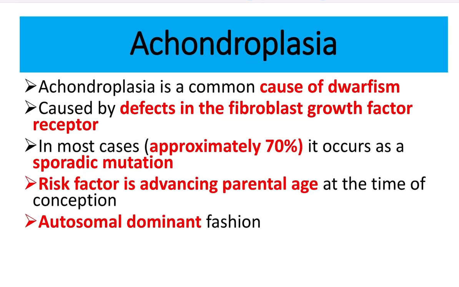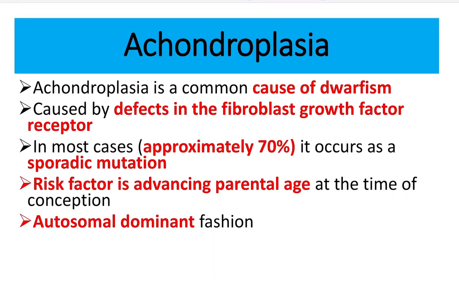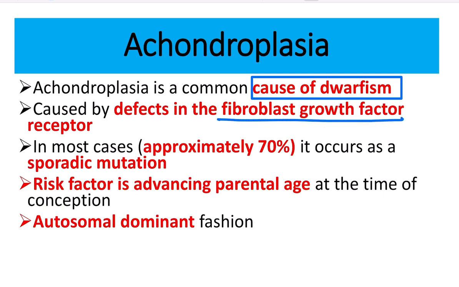First of all, let's see the achondroplasia. Achondroplasia is a common cause of dwarfism. That means in case of achondroplasia, there is no increase in the length of the bone, and finally it is the development of achondroplasia. And what occurs? It is a defect in the fibroblast growth factor receptor. So fibroblast growth factor receptor abnormality develops, and for this condition no growth occurs or early arrest of the growth